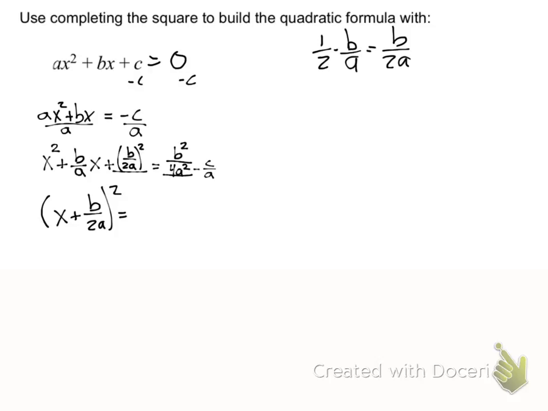I'm thinking we might have a problem with the right-hand side trying to get those put together, right? Why were we going to have problems with that? What are they lacking? All the same common denominators. So therefore, the common denominator between 4a squared and a is 4a squared. So that means the c over a has to be multiplied by 4a top and bottom. And so, if I go back to the bottom here, I get b squared all over 4a squared minus, remember